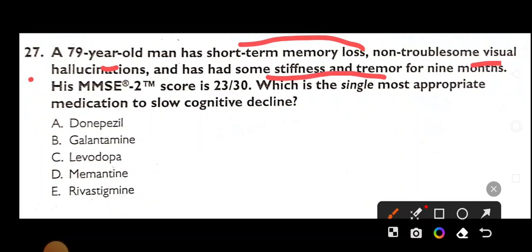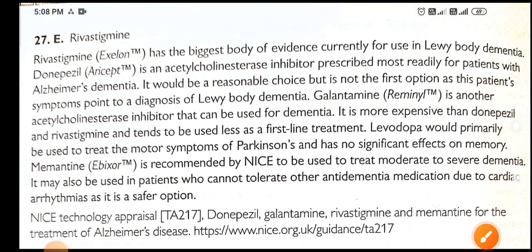So how to treat Lewy body dementia? By rivastigmine. Okay, rivastigmine has the biggest body of evidence currently for use in Lewy body dementia. Donepezil is an acetylcholinesterase inhibitor prescribed most readily for patients with Alzheimer's dementia. It would be a reasonable choice, but it is not the first option as the patient's symptoms point to a diagnosis